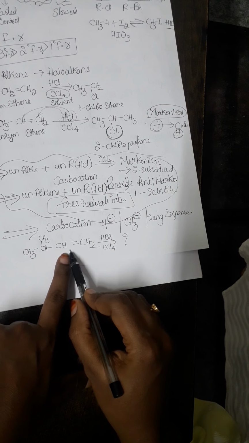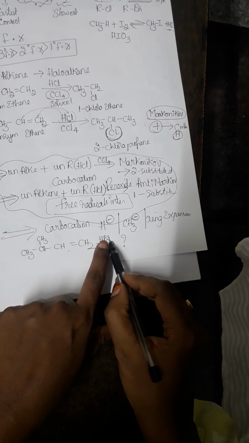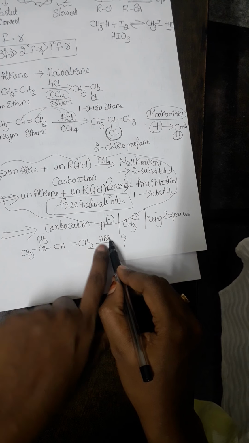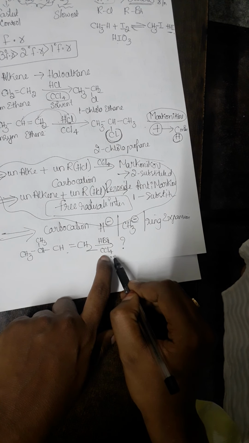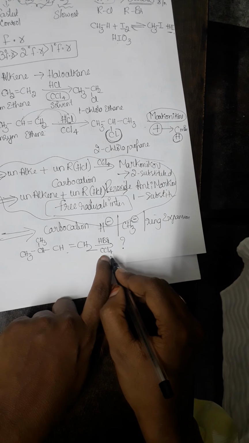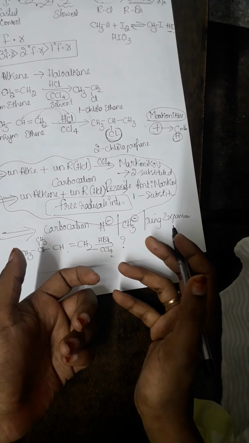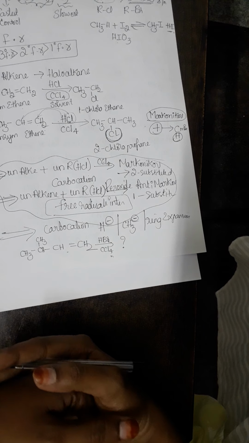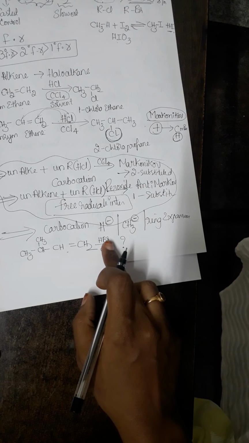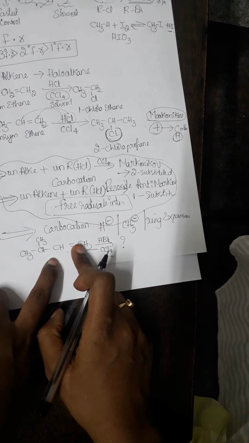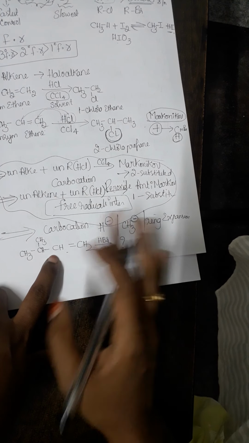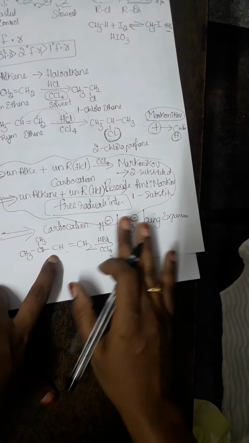Of course, this is an unsymmetrical alkene, and HBr is an unsymmetrical reagent. Here I have carbon tetrachloride, which means I have to obey Markovnikov addition. According to Markovnikov addition, directly I have told you that 2-bromo products are the major one. So what will you do? You will write bromine on the second carbon and hydrogen on the first carbon, and you will end up with a 2-bromo substituted product. But it is a wrong answer.